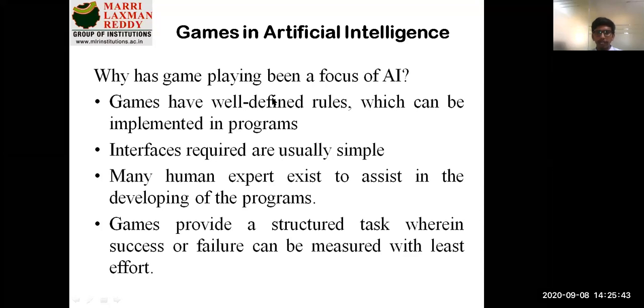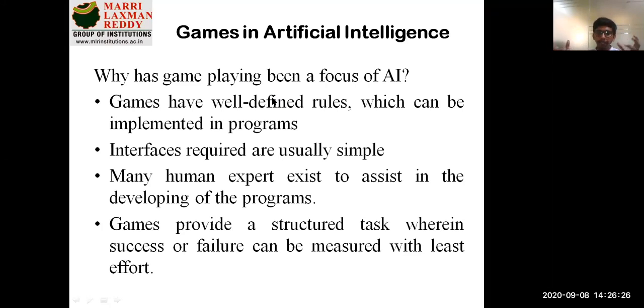Games are very simple to implement with respect to programming, because games have very well defined rules. With any intelligent machine development, to add some intelligence to a system, you need predefined, well defined rules. Then only it will be easy to add intelligence to a machine. It might be a robot, a game, or a puzzle. You need to define all the possible rules, then only it will be easy for an intelligent machine to understand the background theme and how it can play with a player.